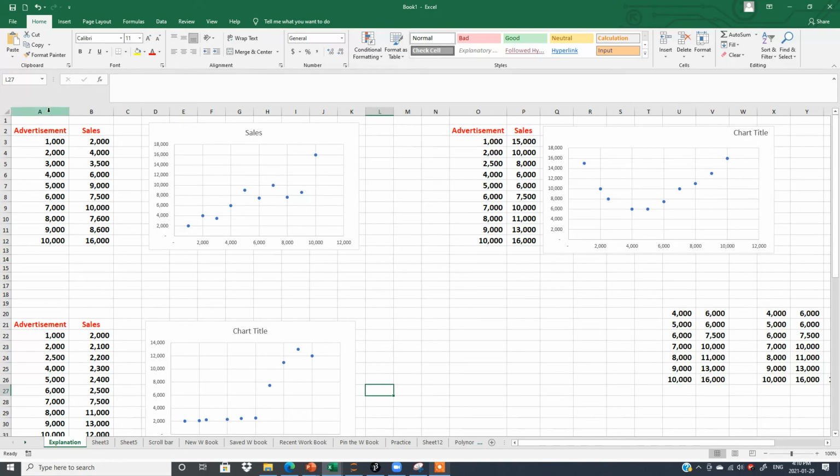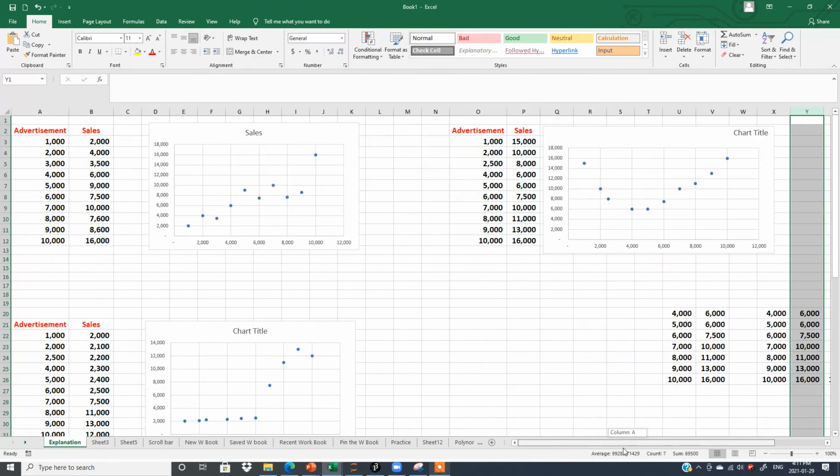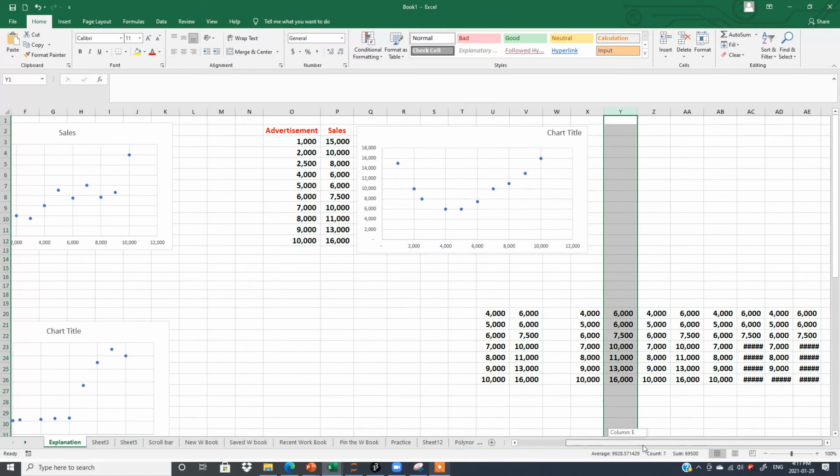Here you can see columns starting from A, B to Y. But we have some more data in the other columns as well. If you want to see it, you have to use this scroll bar. This is called the horizontal scroll bar, right? So you can move your scroll bar left and right, and you can see the other data as well.